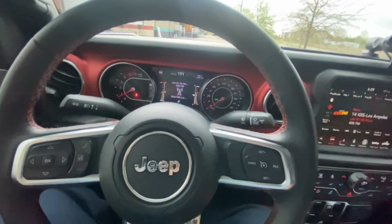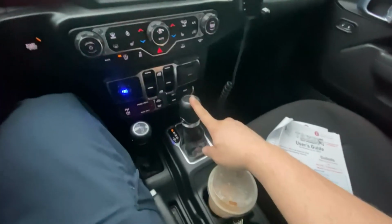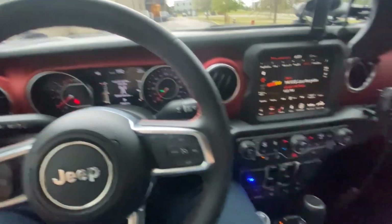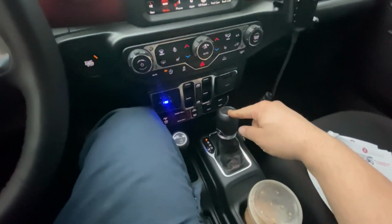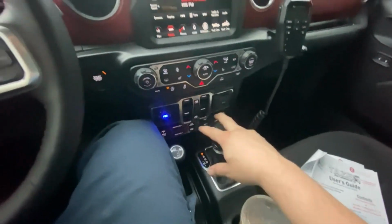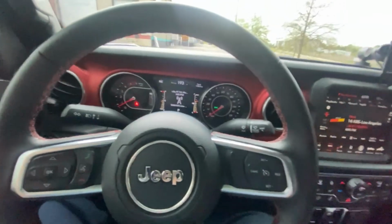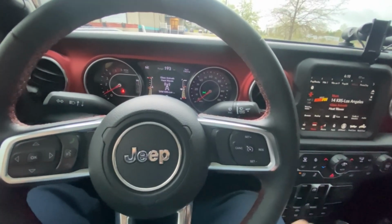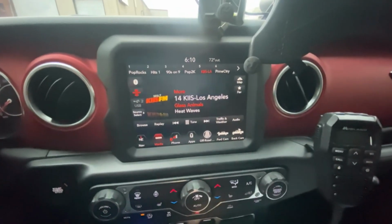Another thing, the auto park. So it turns that off. You know, when you leave a door slightly ajar and it automatically puts it back in park and it flashes and you got to slam the door and do all this while people are honking at you. It eliminates that. Third cool thing, as you can see, my headlights are on, but you put the car in